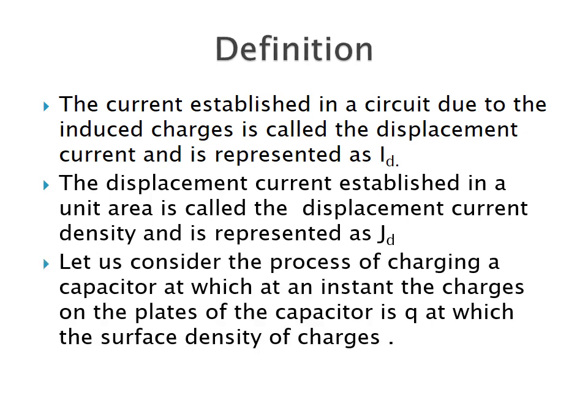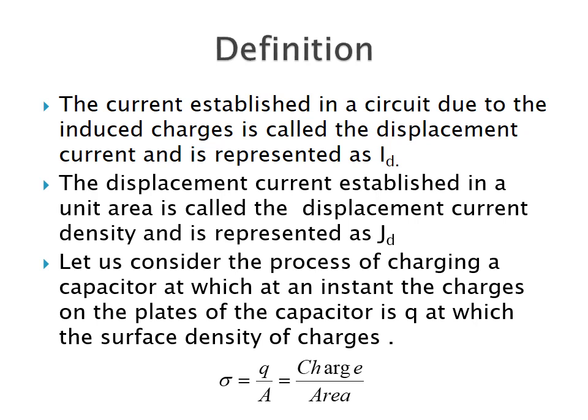So, in order to explain this JD or ID, now let us consider the process of charging a capacitor. The capacitor can be charged by connecting it to the terminals of a DC source. During the process of charging a capacitor, let us assume an instant at which the charge on the plates of the capacitor is Q. At that condition, the surface density of charge is sigma,